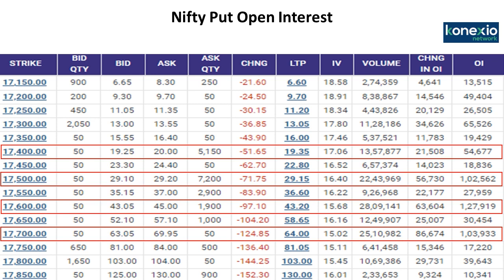Now, looking at this particular option data, we feel that on the downside, 17,600 could act as a major support. So, if there is a correction towards the level of 17,700, one can buy Nifty for an upside target of 18,000 in short term, or at least for the next week. So the strategy in the Nifty, or the view in the markets, is bullish. Any dips should be used as a buying opportunity.